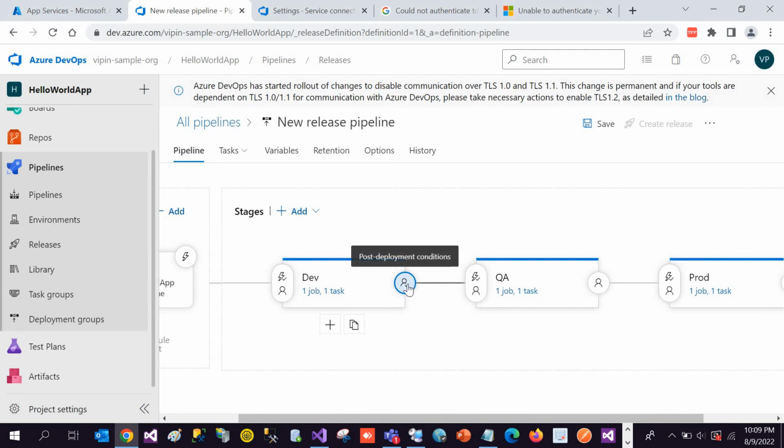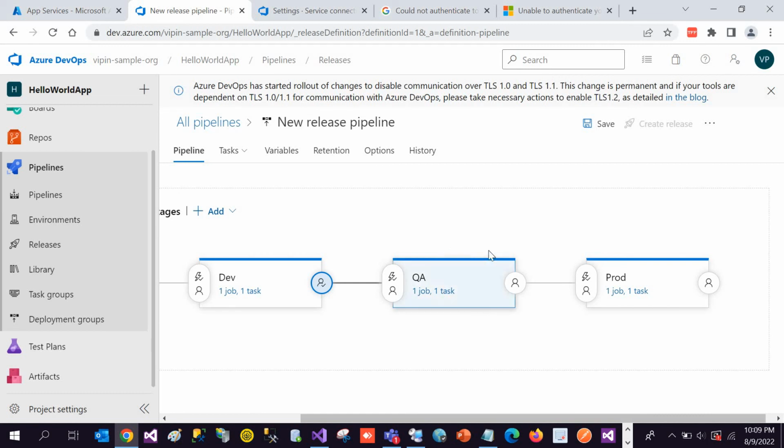Then it will go to the next stage for the deployment. So once the development manager approves, it's going to deploy the same thing to the QA region. And now when the QA deployment is done, we don't want it to happen automatically for the production region, right? So let's say on the QA, our application has been hosted and our QA team has tested all